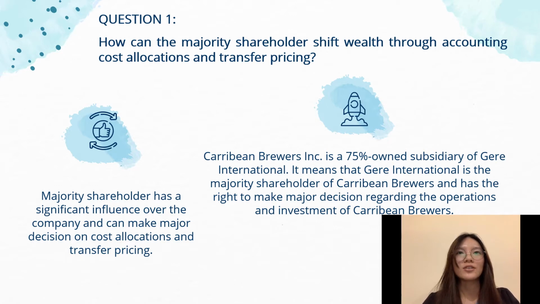Accounting cost allocations refer to a process of identifying, accumulating, and assigning cost to cost objects such as departments, products, programs, or a branch of a company. It involves identifying the cost objects in a company, identifying the cost incurred by the cost object, and then assigning the cost to the cost object based on specified criteria.